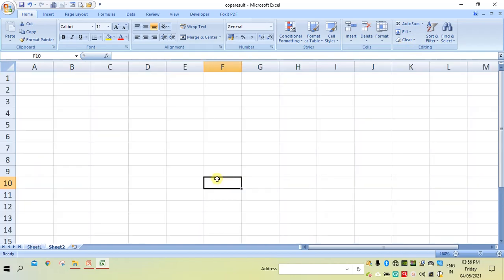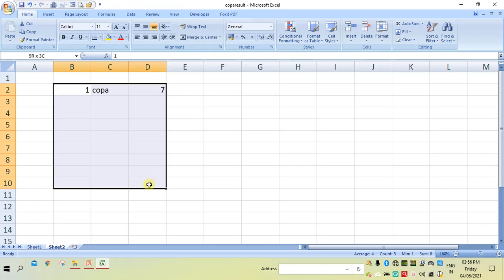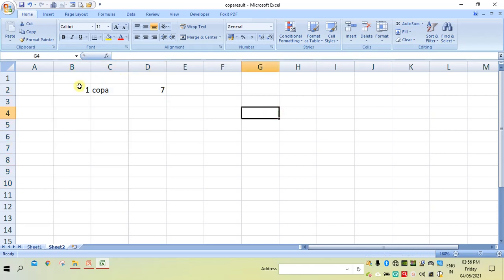Now we'll see the fill option, how to fill the cells' content. For example, here some data is there. Let me repeat these values in the cells below. Here 1 is in one cell, the next one is in another cell, and 7 is in another cell.